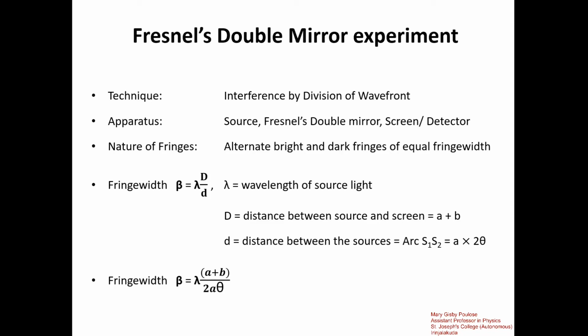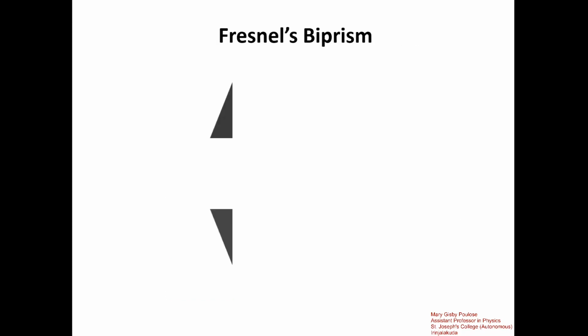We have rewritten the expression for beta in these terms because while setting up the experiment, we can only have values of A, B and theta, right? We cannot directly measure capital D or small d. So hence we have rewritten the fringe width beta in terms of A, B and theta that we assign in the experiment. These two expressions are of importance. Now the next experiment that Fresnel devised was Fresnel's Biprism experiment, and in that he used